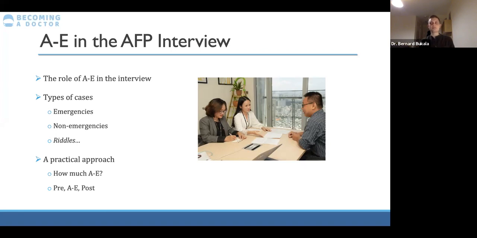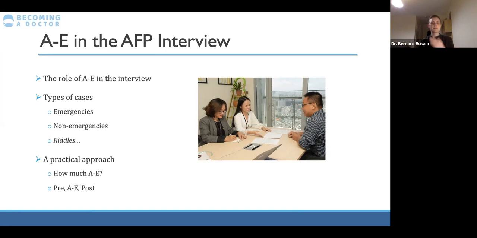Now, riddles. In some interviews there will be cases which are very complicated and very non-obvious. And the way you get a first crack at them is by doing a very thorough A2E assessment. There might be some clues, even if it's not obvious, as to what the case might be, or where they want you to take it. One example of this is low GCS. Low GCS has many different causes, but if you really assess the patient A to E, you might find some clues as to what is causing their low GCS, or what further investigations you need